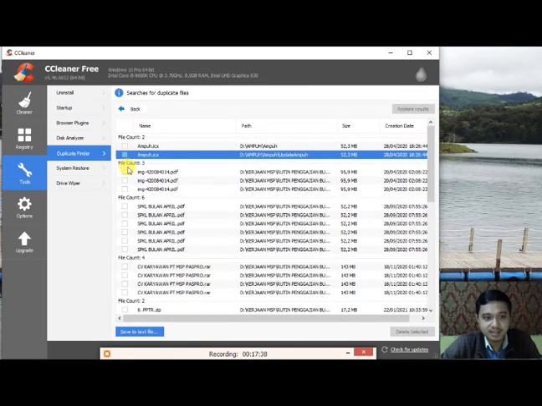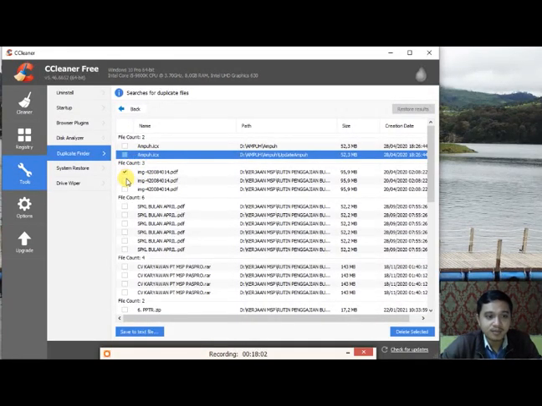So we can only check one of those files. We have to leave one file with the same name, so we cannot delete all files. As you can see, like these files, it has a file count of 3.